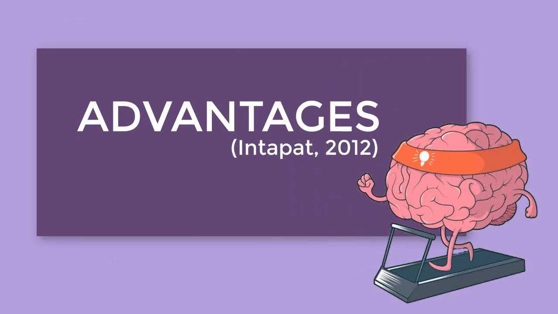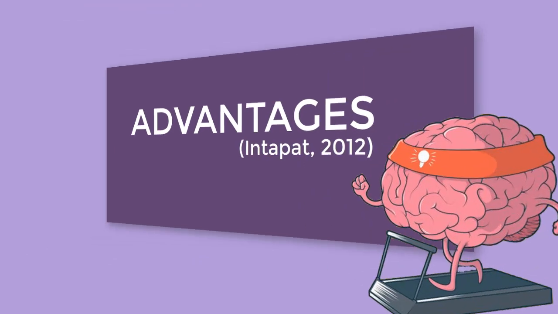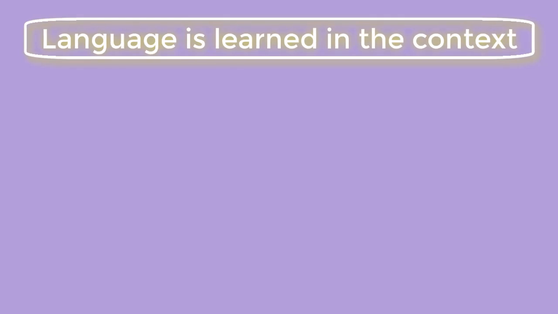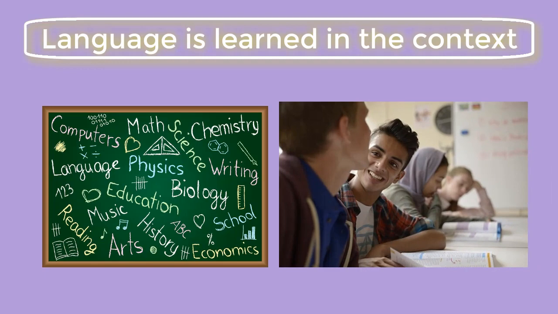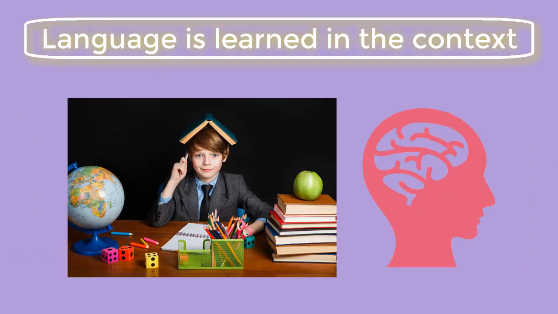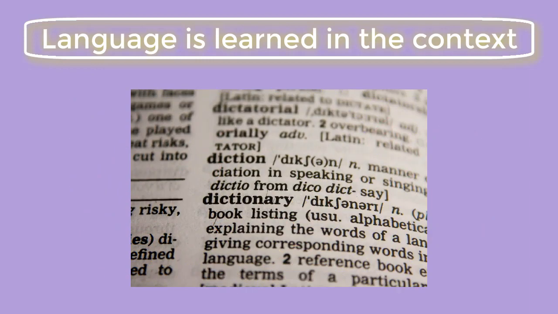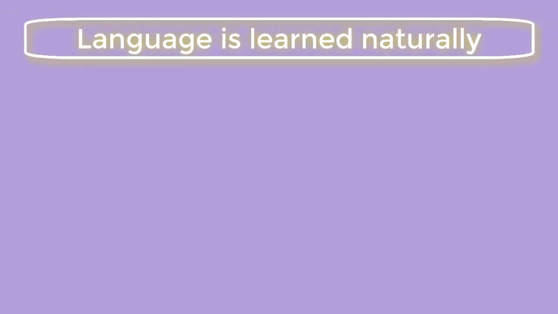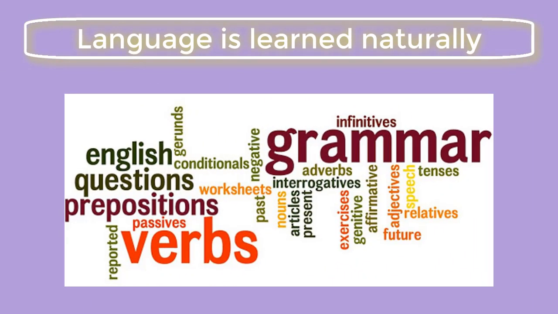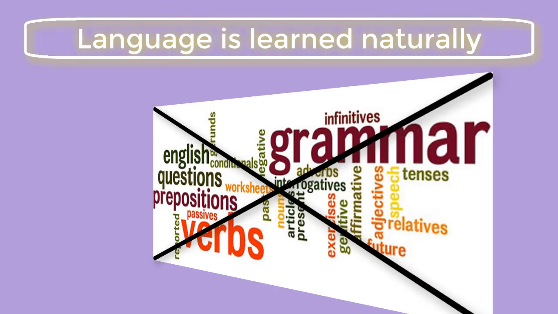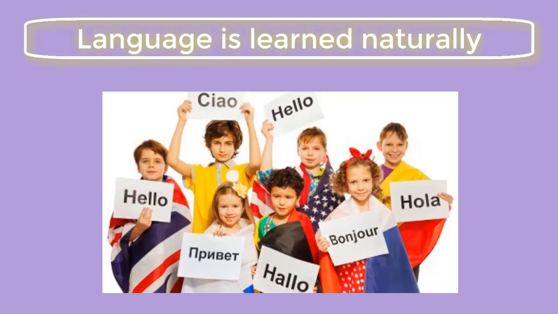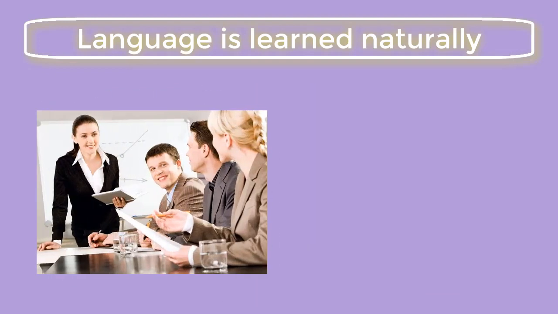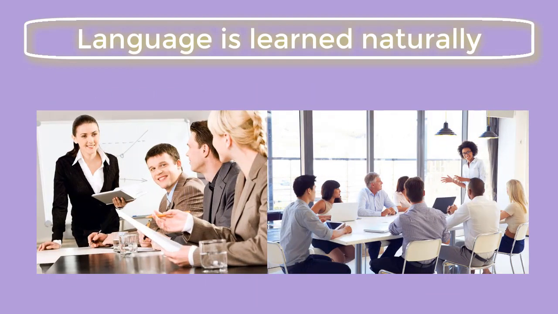There are 2 main advantages of the CLIL class. First, language is learned in context. Since the subject matter provides the communicative context, students will have an easier time saving the lessons in long-term memory, since every word and concept in the target language is both relevant and meaningful. Second, language is learned naturally. In CLIL, there are hardly any grammar lessons or sentence structure drills. Instead, the class sees language in action, being used to communicate in a concentrated and relevant context. It's this active involvement that makes CLIL so effective.